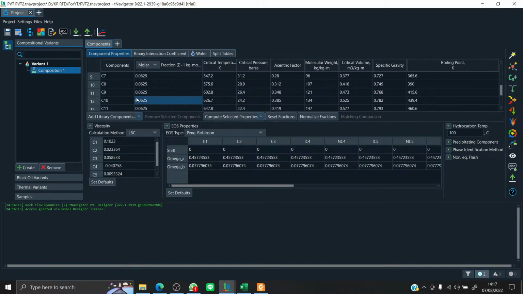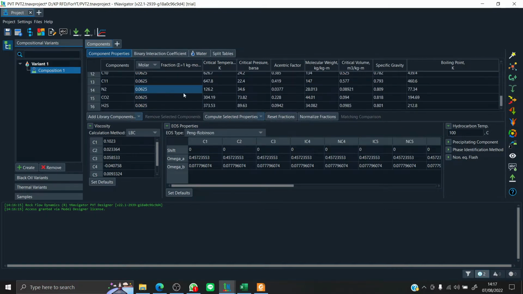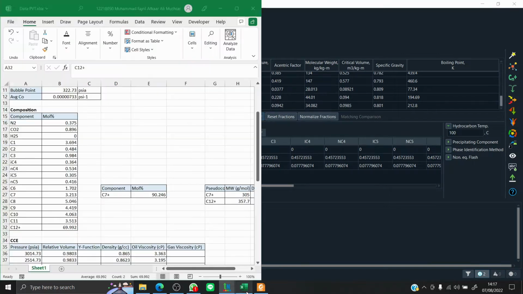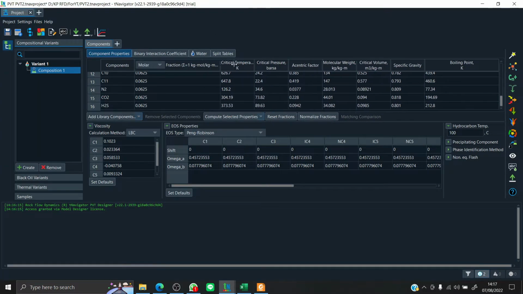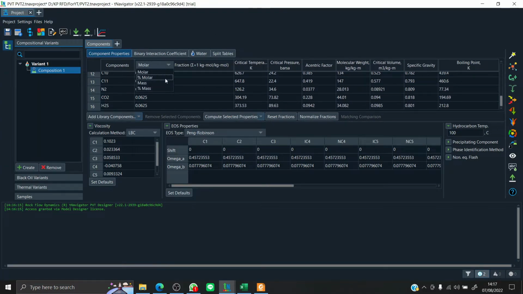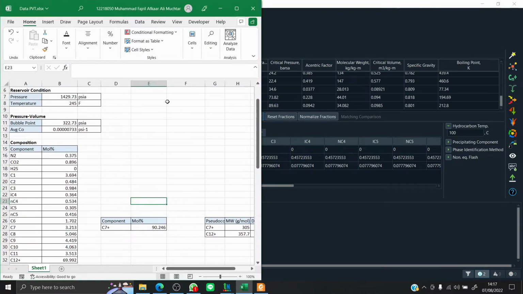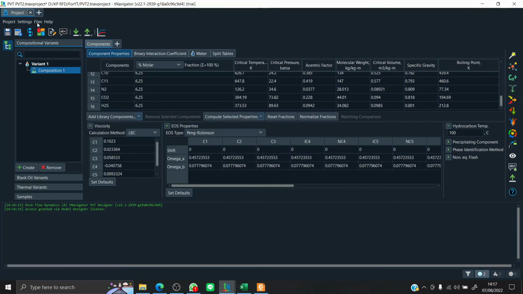So okay, to ease our input data, we will change here to molar percent. Also before that, we're using a special kind of unit system, so we're gonna change the unit first.